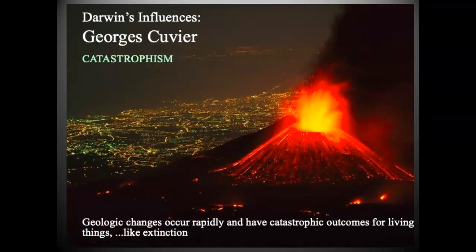Georges Cuvier said, well, that is true. Environments do change over time, but every now and then we can have some sort of catastrophic event. You can see the picture of the volcano here. You can also think of an asteroid hitting Earth. You can have a catastrophic event that changes environments very, very quickly. So sometimes the environment changes very, very slowly, but sometimes the environment changes very, very quickly as well.